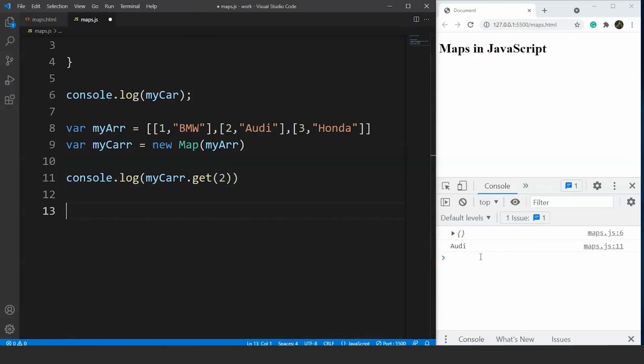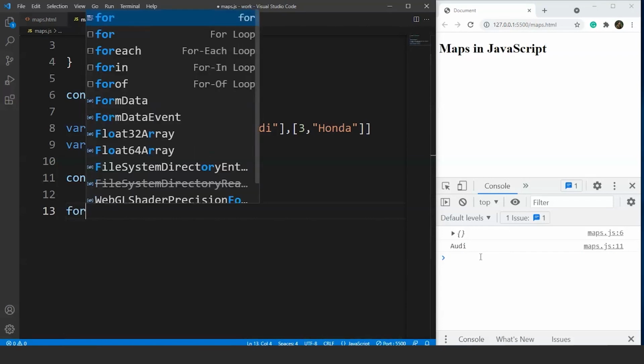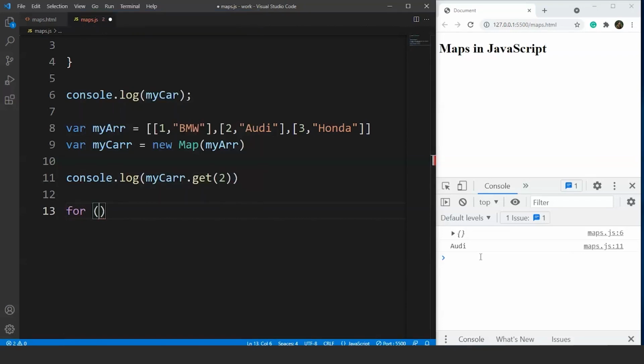So for the for of loop, what we have to do is write here for let, and we'll write here key comma value of myCar, and then we have the body of this for of loop.